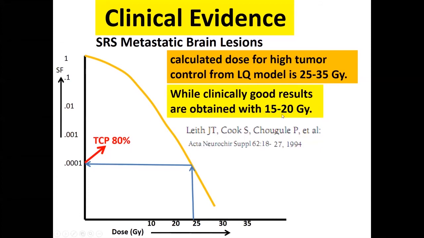Which means, again, if you concentrate here, that if you give 20 gray, it should reduce the survival fraction to this point, translating into a TCP of 80%, which means that this cell survival curve should pass through this point, which means it should be much steeper. And this can only be done if there are more tumor cells killed than predicted from the linear quadratic model. So this means that a third process of cell kill also contributes, and we have already discussed there is enough evidence of vascular damage ultimately resulting in cell kill.